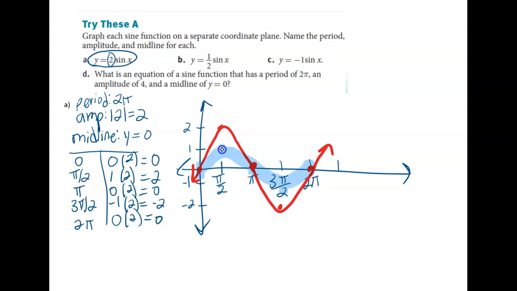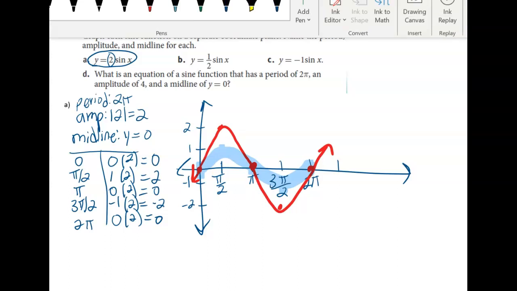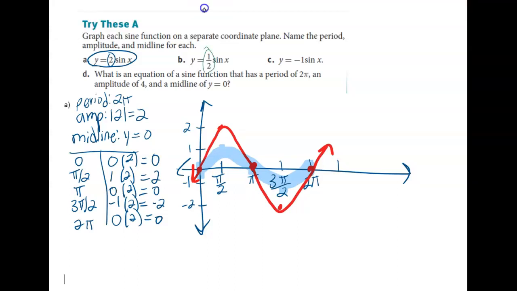And if you wanted to do B and C, you notice similar things happening. I don't want to go through this a ton, but just so you guys get the idea. In B, now our amplitude is changing to 1/2. So what that's going to do is now affect our high-lows again, so instead of multiplying all our y's by 2,